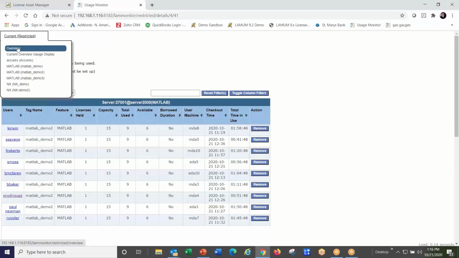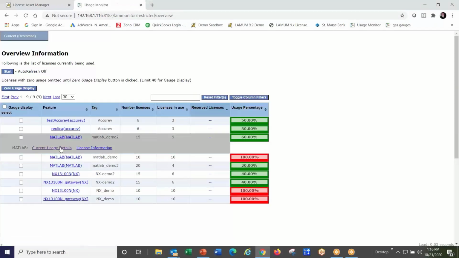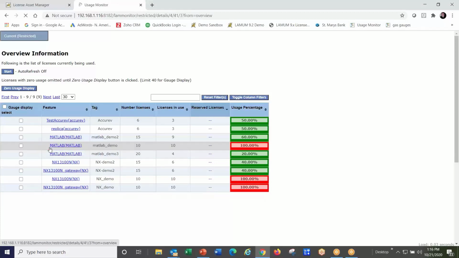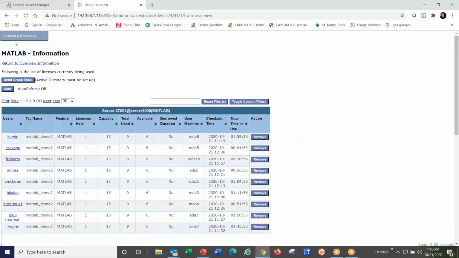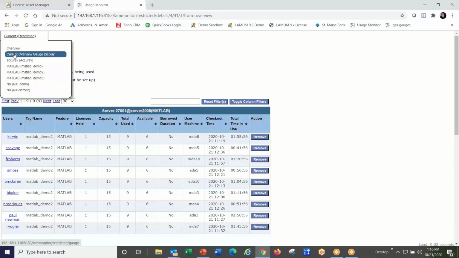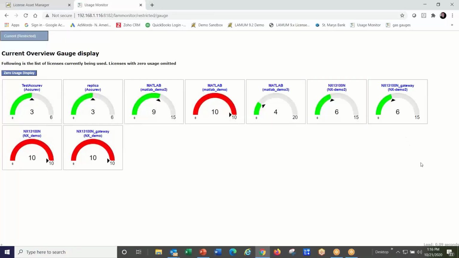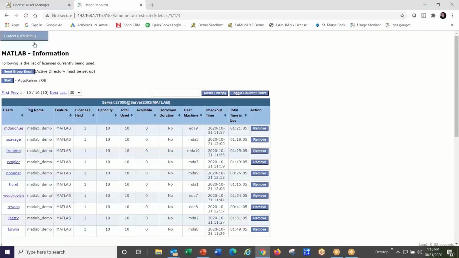You can go to the overview and you can drill in if you want to see current checkout details this way. You can do it that way. So everything's the same except it's just the current view. And again, I can drill in here. You might notice on the